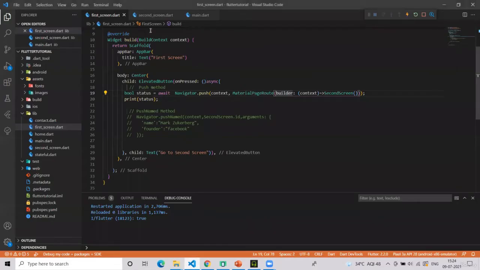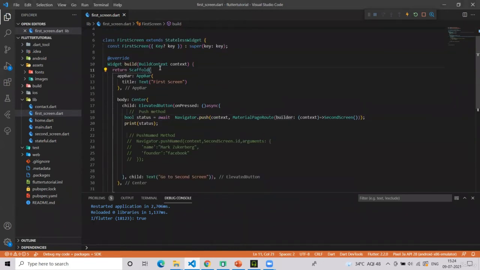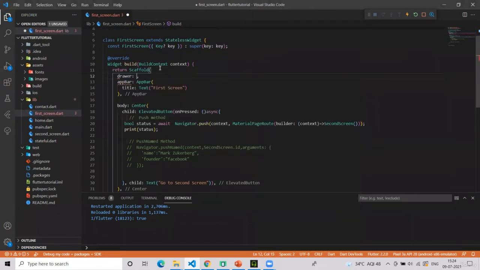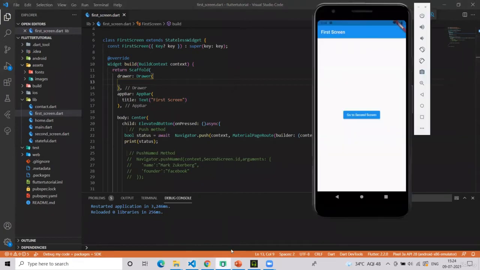Let's try it out. Let's go to the first screen. In the scaffold, we have this drawer. This is the syntax of writing a drawer widget. Let's check if anything happens in the first screen.